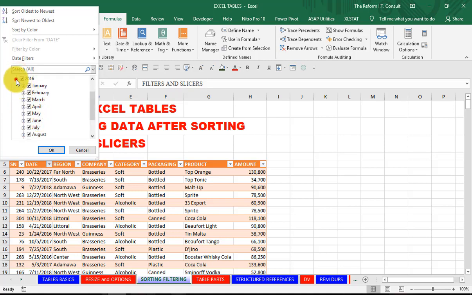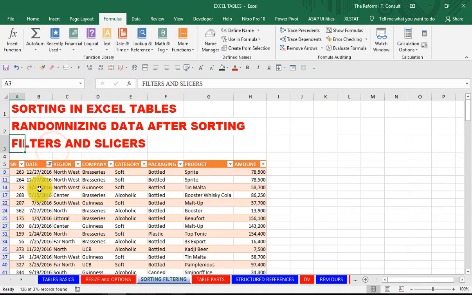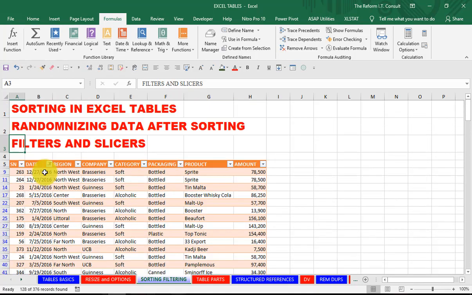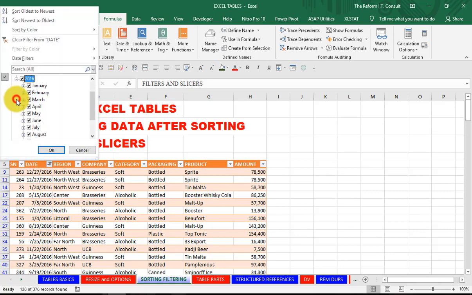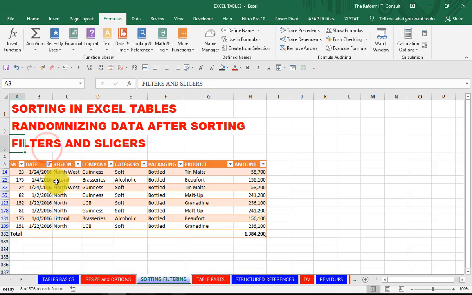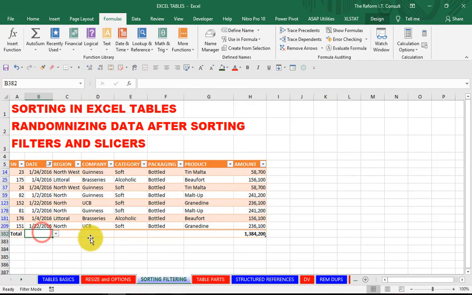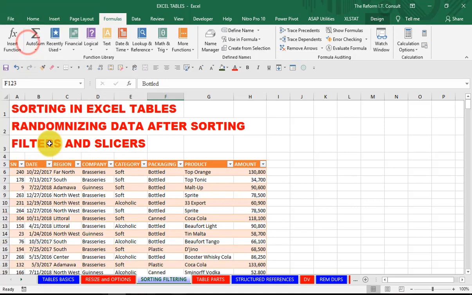Then you can now filter. For instance, if I say I want to filter out just 2016 records, I'll click OK. Now all records showing here are just the records for 2016. And I could go further: within 2016, I want just January. So you uncheck the other months. So these are all the records for January 2016. And notice that this total row here is updating to show only the totals for the visible cells. So I clear that filter on the date.